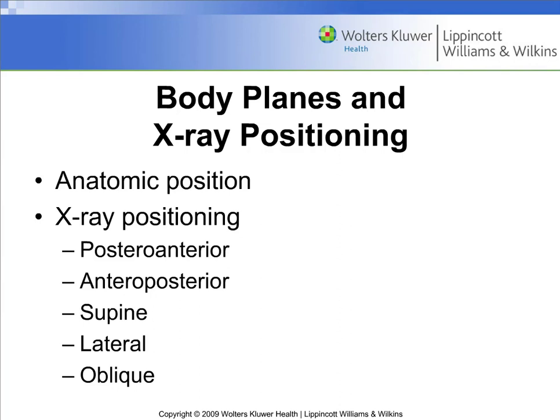Anterior posterior X-rays are taken from front to back with the film in the back. So what that means is there's a bucky, or a table if you will, that holds the film. And in the first posterior anterior example that I gave you with the chest X-ray, literally the chest is going to be up against that bucky or that table with the head turned and with the shoulders rounded, if you will,